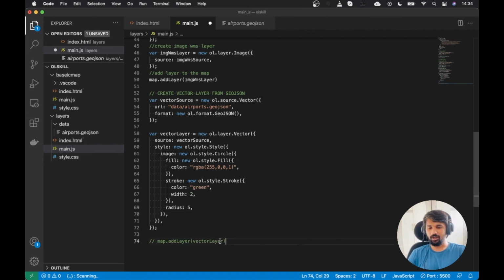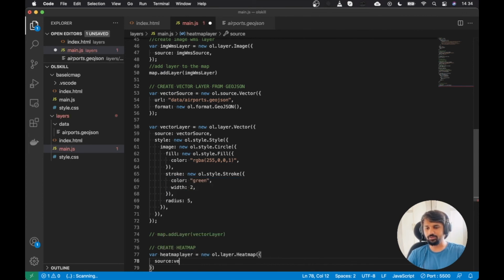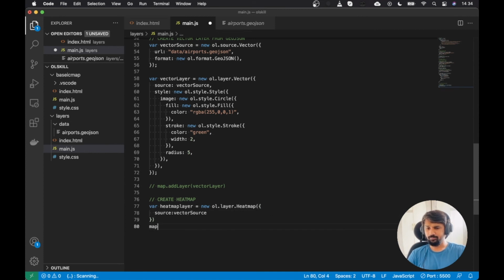I will comment this out and then create a heat map: var heatmapLayer is equal to new ol.layer.heatmap, and then we'll just use the same source equals to vectorSource, and then we will add it to the map with map.addLayer(heatmapLayer).